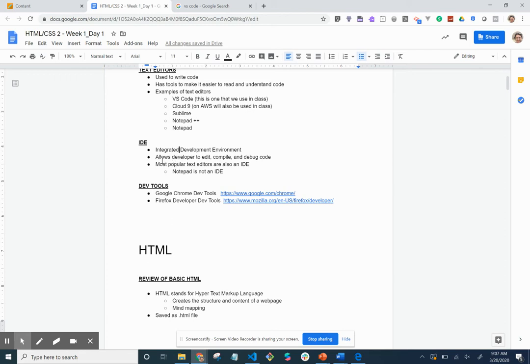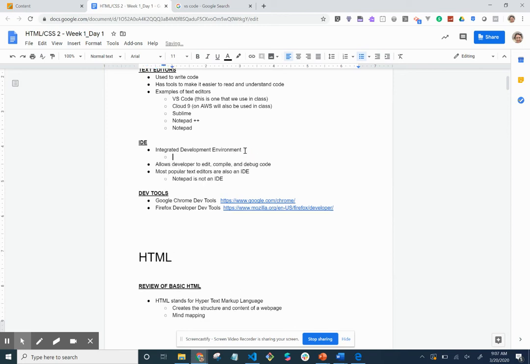So an IDE, going back to IDE, allows developers to edit, compile, and debug code. Go ahead and put something on here. Online, let's see, VS Code can be downloaded from